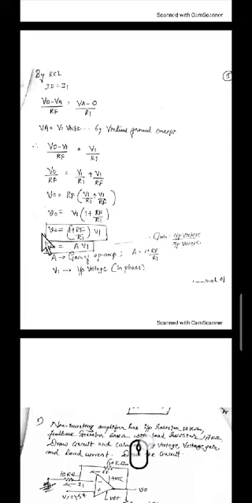In the previous case, we have V naught is equal to minus A into V1. Now here it is plus A into V1, because the phase of the input signal and output signal are going to be the same here. So the problem on this will be asked like this: RF and R1 will be given to you, V1 also they will give you. They will ask you to find the output voltage, which is done in the next problem.